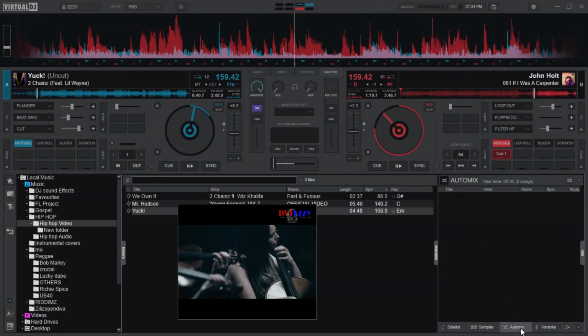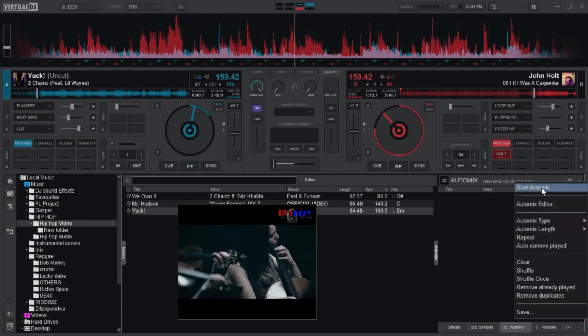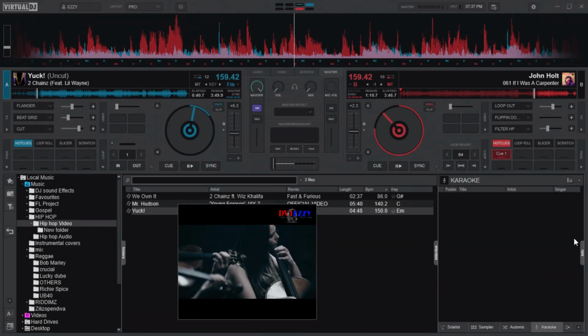I told you it's just a list. The difference is that when you press here and select the kind of auto mix that you want from this dot here, it will give you a drop down. This drop down will help you edit the auto mix or start the auto mix or even select the type of auto mix. That is it. That's all we had for this tutorial.